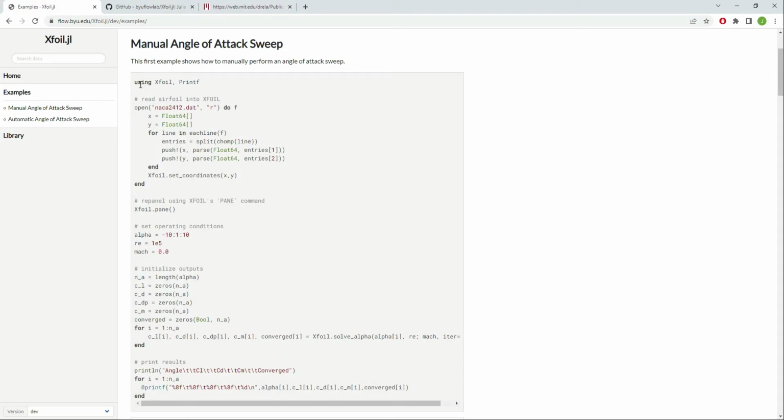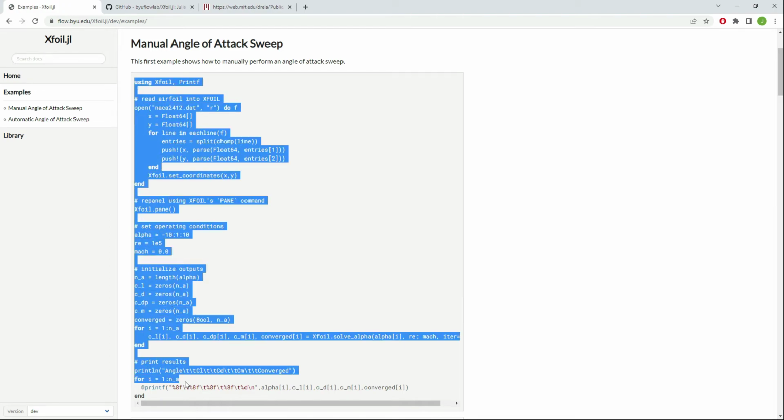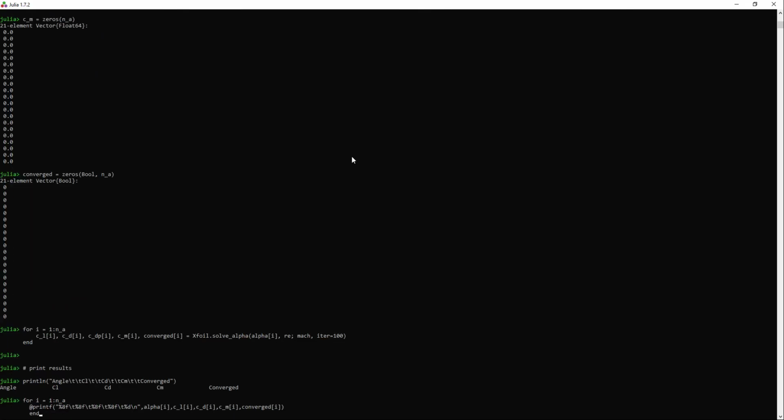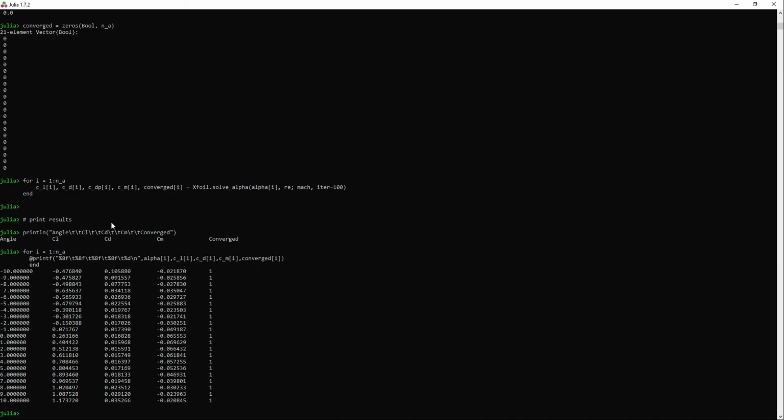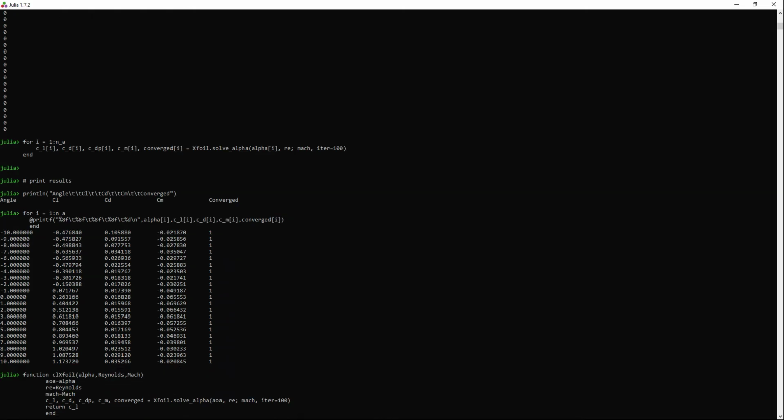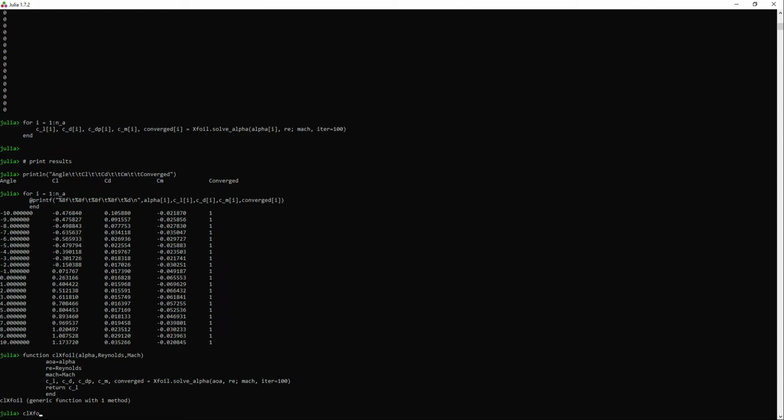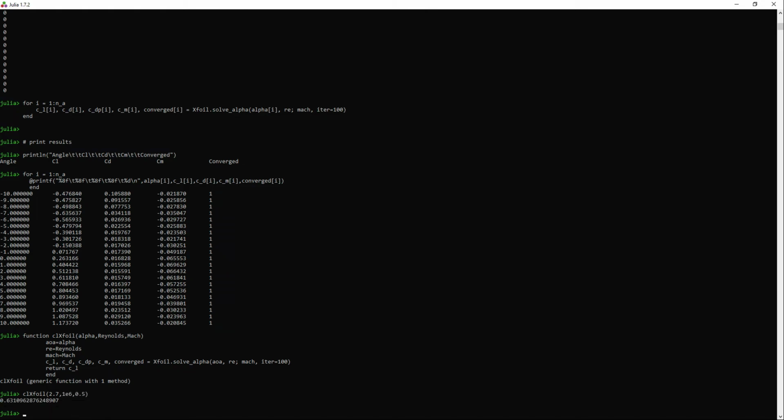I will simply copy paste their example. You can see that we obtain a list of very important values depending on the angle of attack. In this video we will only use the lift coefficient. I will start by writing my own function calling XFOIL and check that it works. Great, so we have a working function to obtain the lift coefficient depending on the angle of attack and for